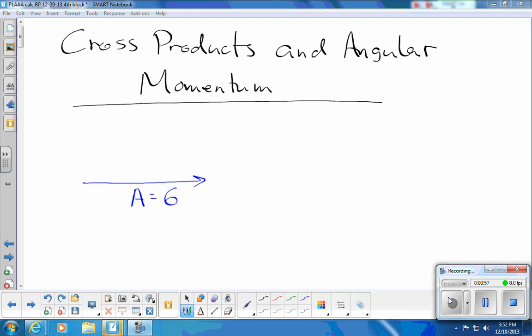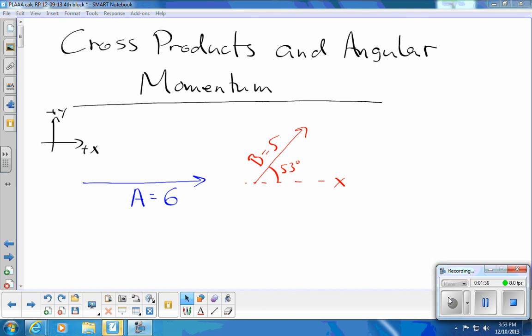Okay, then now I have a second vector, vector B, which has a magnitude of 5, and A is clearly in the positive x direction in a standard coordinate system, and B is at an angle, and clearly I can measure this angle and find out that it is a 53-degree angle from the x-axis reference direction. So now I would call that angle theta, but I'm not going to get too finicky about that right now, because here's the basic dealio, and that is if I want to find the cross product of these two vectors,